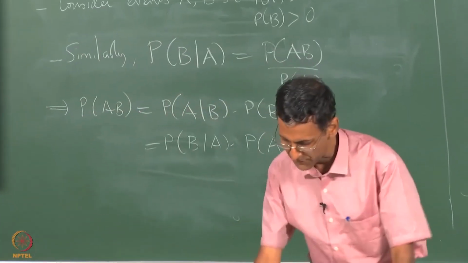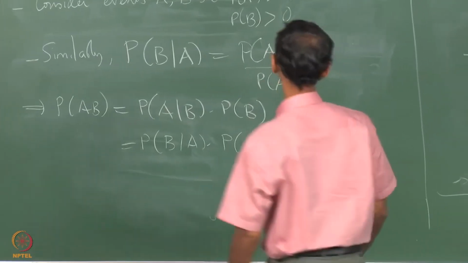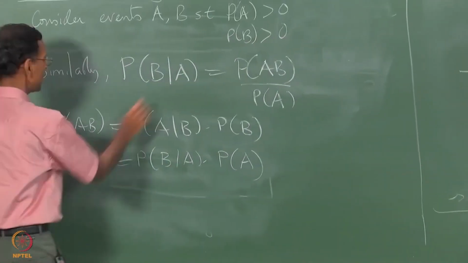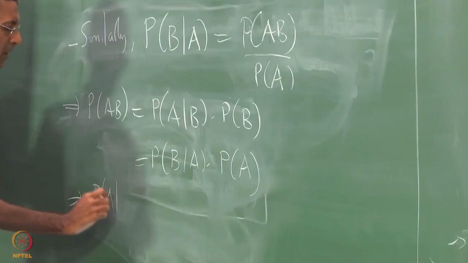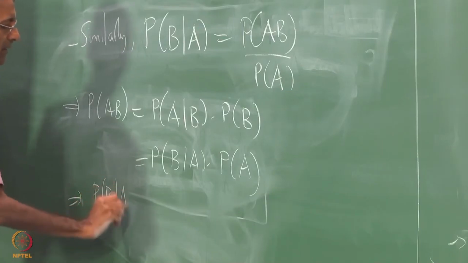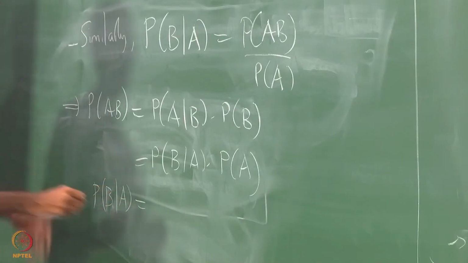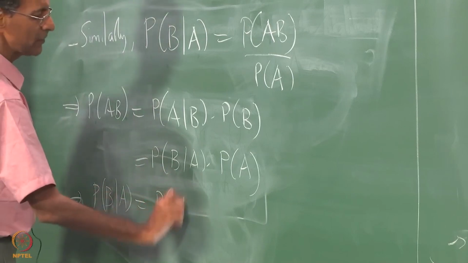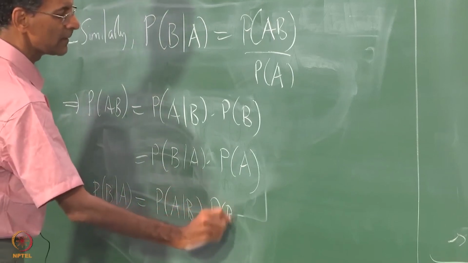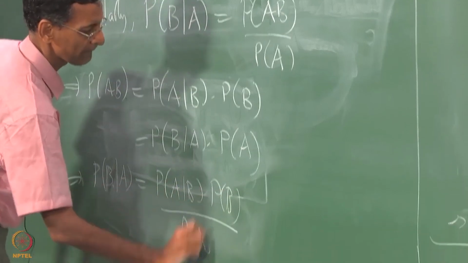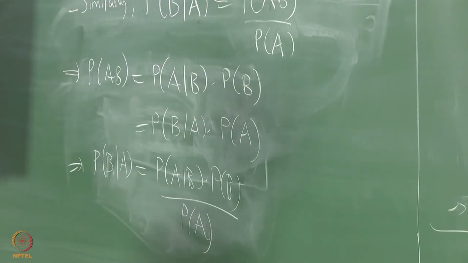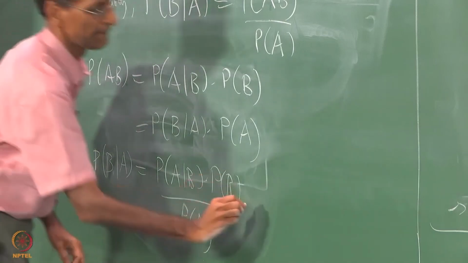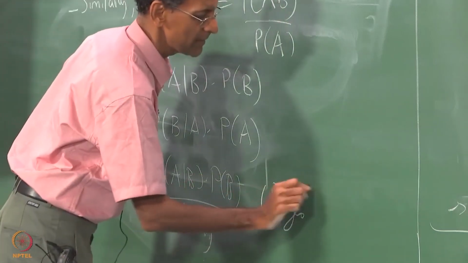And clearly we have the Bayes rule, which let me just say, for example, if you want to write A given B, or let me put it as B given A here. So B given A, if you want to write this, is clearly P of A given B multiplied by PB divided by PA. Now it's